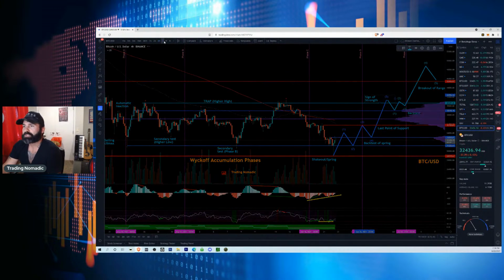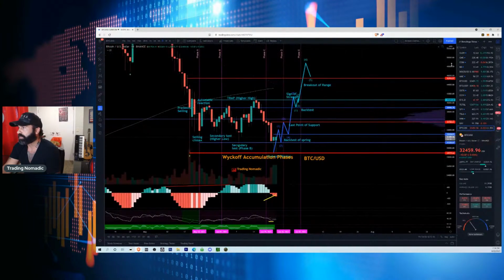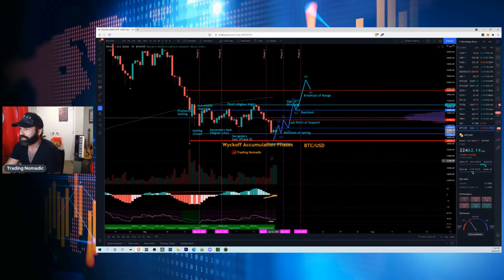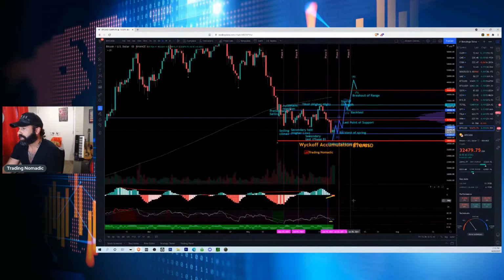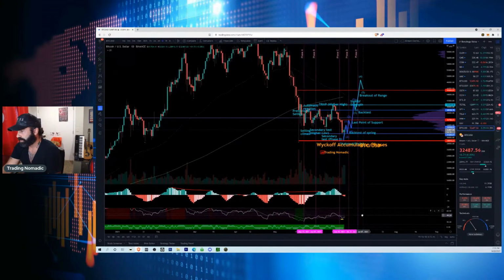As far as what's going to happen next, that's nothing that we can really predict at this point. Because ideally, what I would want to see, I do like the buy volume we had come in on this daily chart here. We are still holding the range. The 4-hour chart looks good, but on this daily chart, we don't have any signs of bullish divergence on the MACD. On the RSI, you could argue,